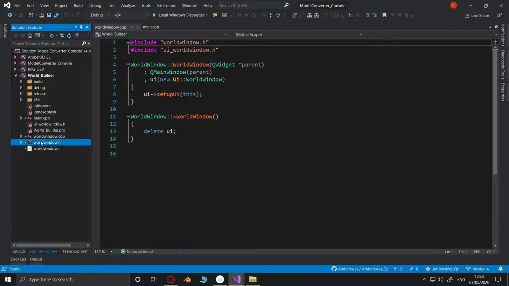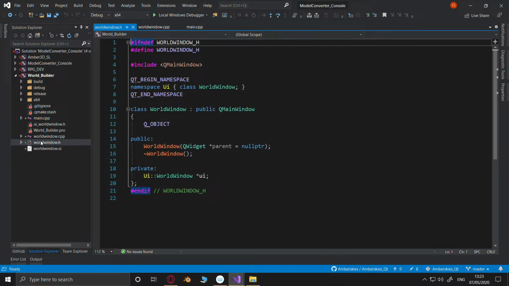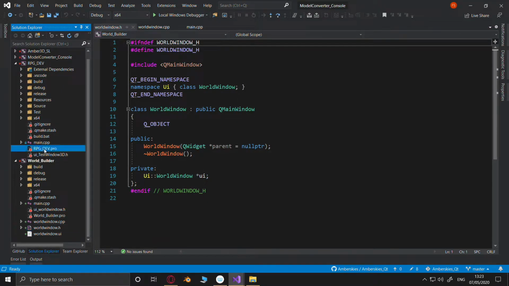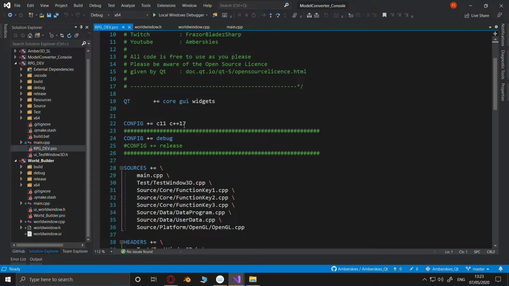I want to mess about in here, because we are getting it from main window. Oh god, something else I've forgotten as well. Core Gui Widgets.